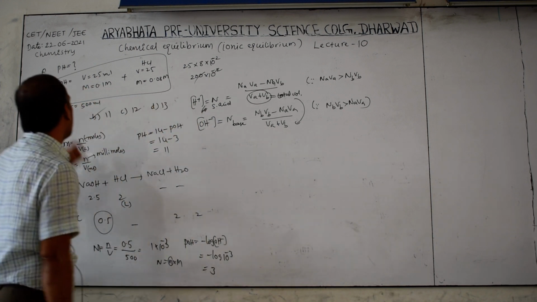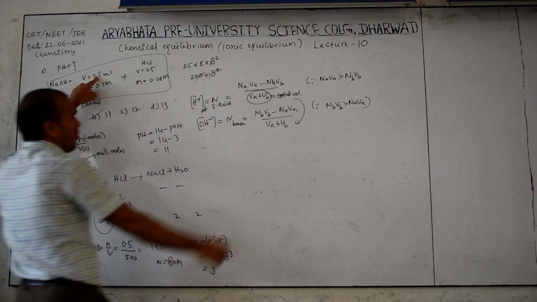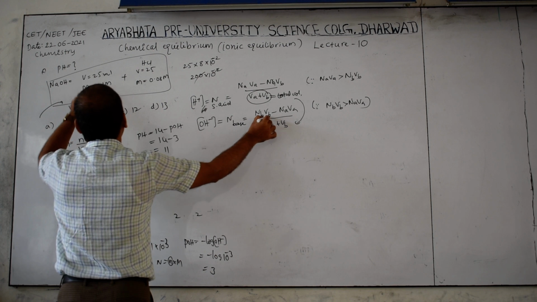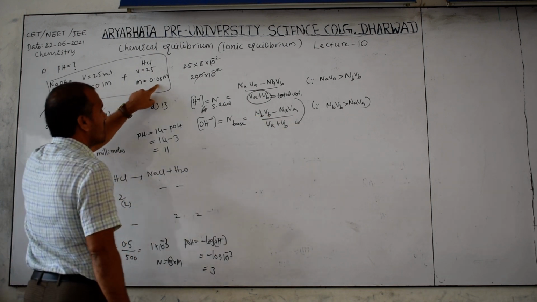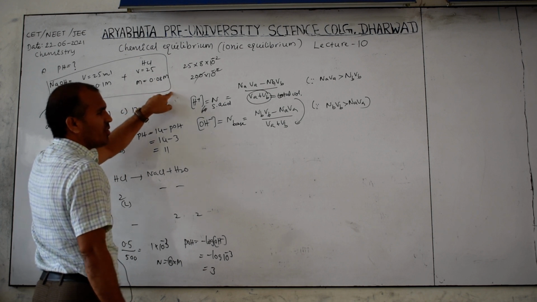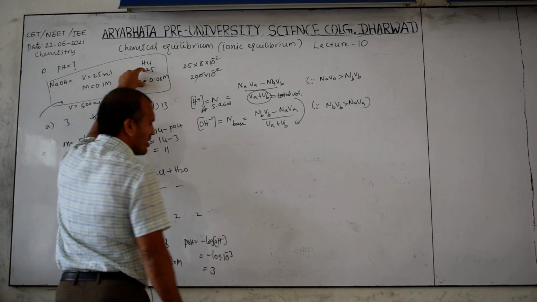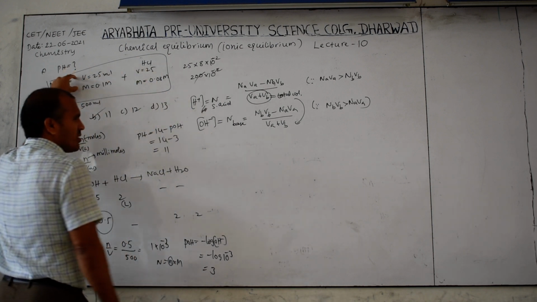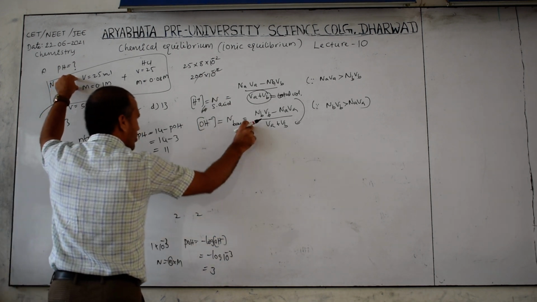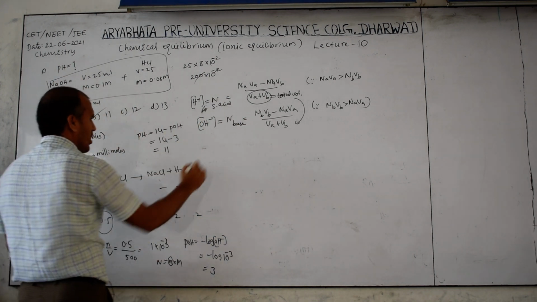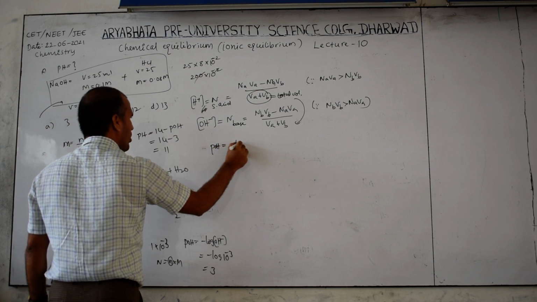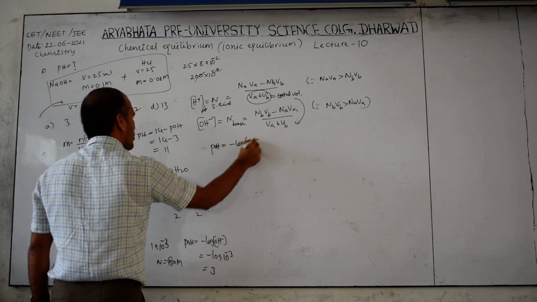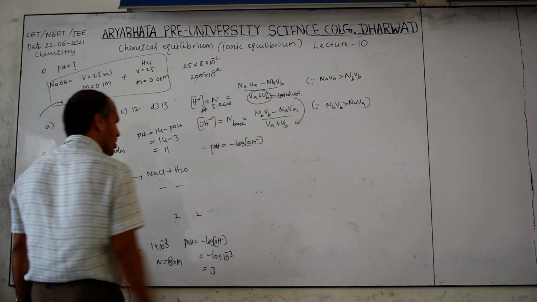Now observe here: 25 ml base, 0.1 as a base, but here the concentration is how much? 0.0 M is there, so the acid concentration is less and the base concentration is greater, therefore use this formula. When you know this one, you can directly apply this formula. pOH is equal to the negative logarithm of OH minus concentration. First calculate this and put it in this formula.